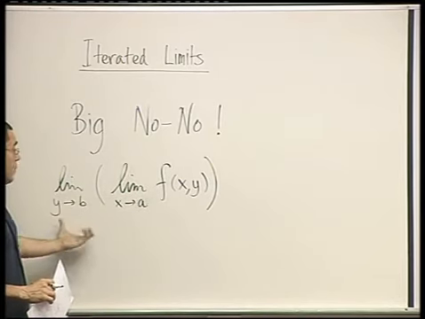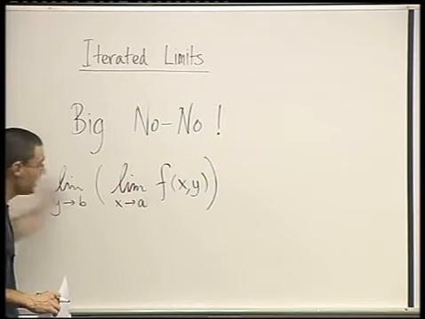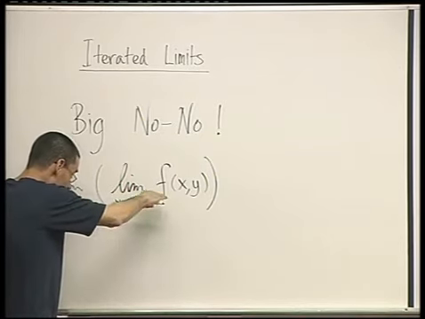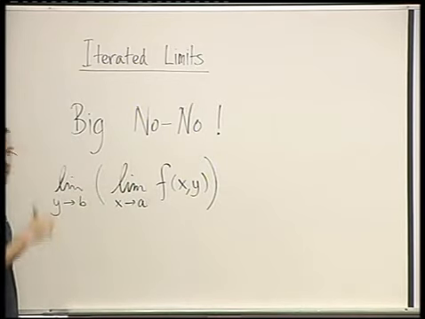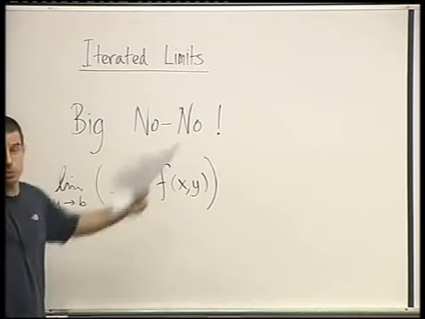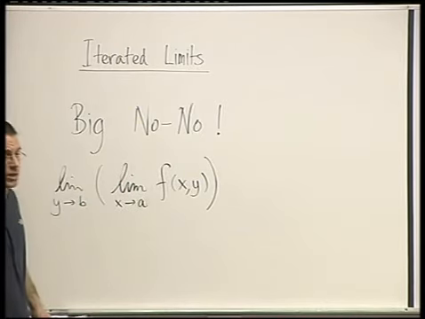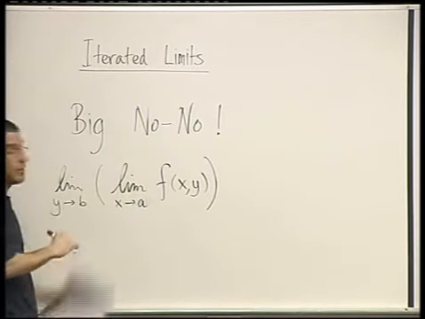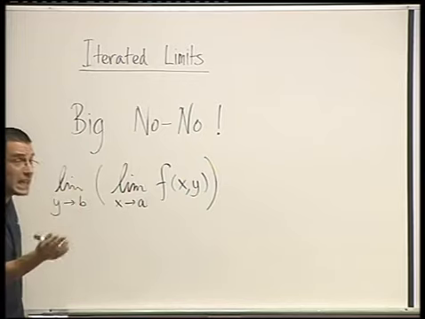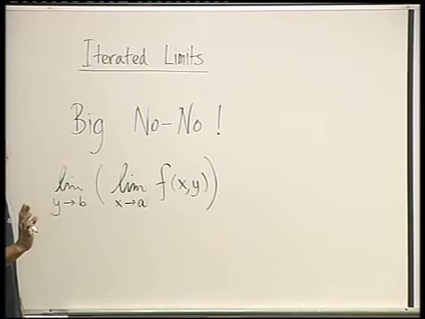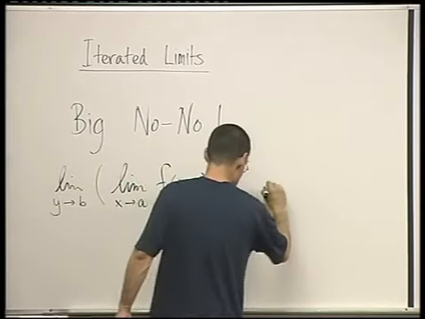And why is it such a big no-no? Why do we never want to do this? Because this is not the same thing as the limit which we defined and calculated, which is the right thing to do and the thing that works for everything we're going to do later, for derivatives and for continuity and for everything. This just gives you something which is, I can't say unrelated. I'm going to write a short theorem that does relate them in a certain sense, but in general,